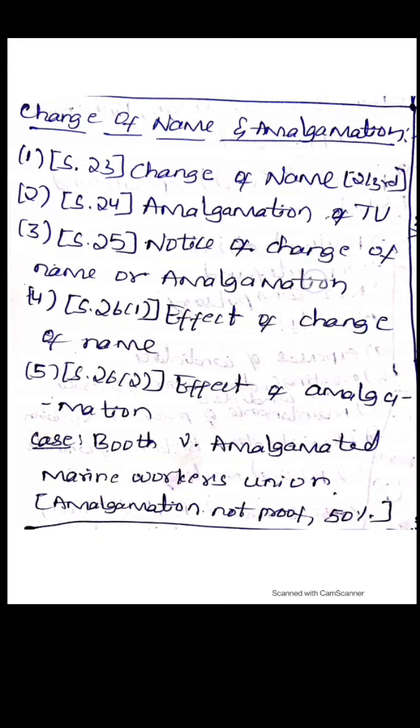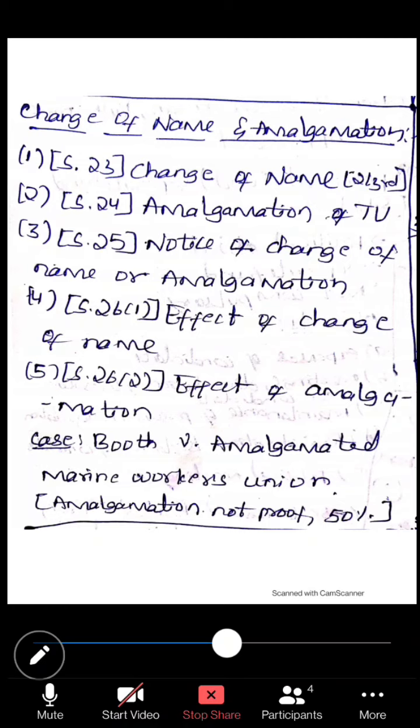Any two or more registered trade unions may become amalgamated together as one trade union, with or without dissolution or division of the funds of such trade unions. See, every trade union has a general fund and a political fund. So without merging their funds, the trade unions get amalgamated. They can get amalgamated, yet they can keep their separate funds.